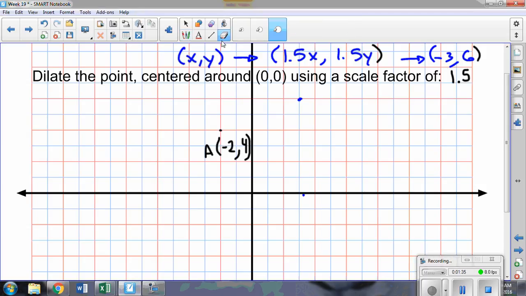I want 3 to the right. It's supposed to be 3 to the left. I don't know why I did that. That's just silly. 3 to the left, and then up 6. And then we've got our point A prime,